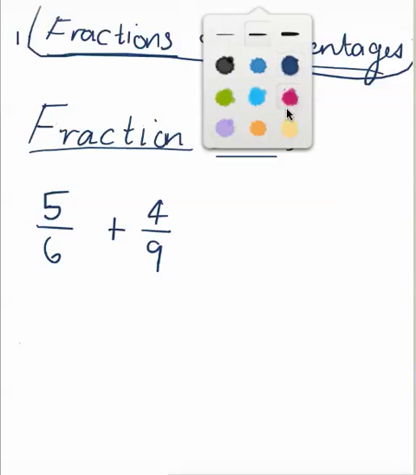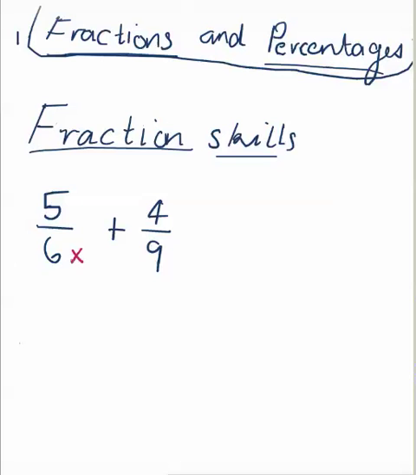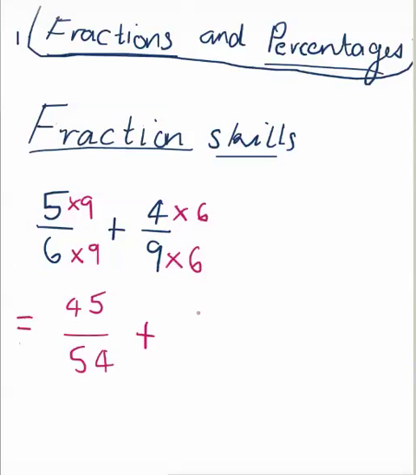So I'll just change the color. So I'll just times this 6 by 9 and times this 9 by 6. And I can see both denominators will then be 54. And of course, what I do to the bottom, I must do to the top. So 5 times 9 is 45 over 54, plus, and then 4 times 6, 24